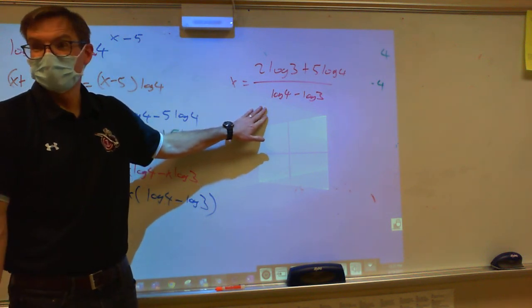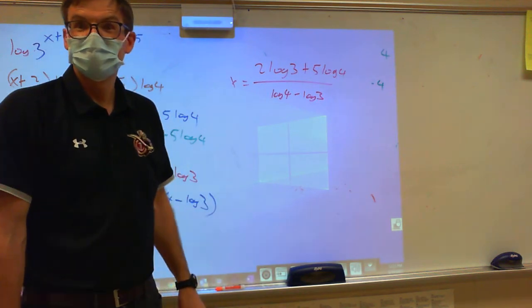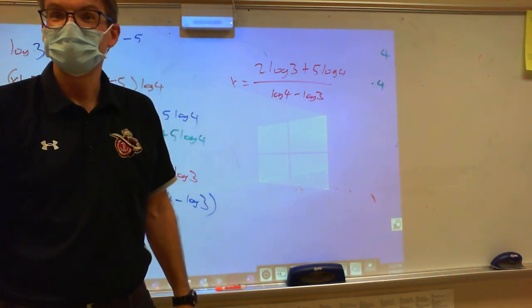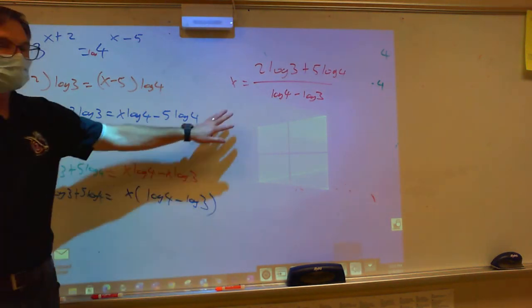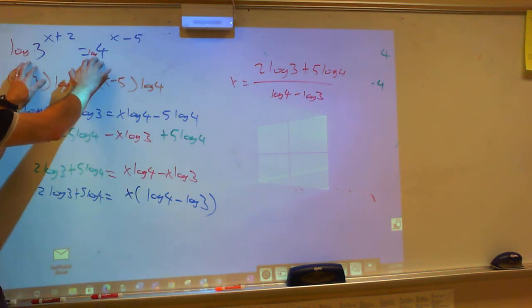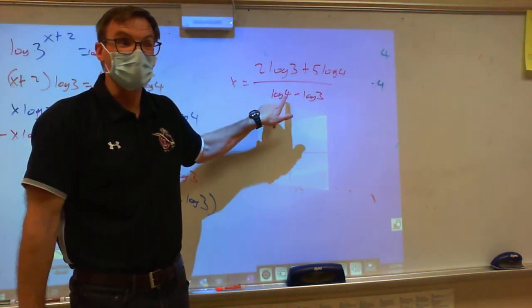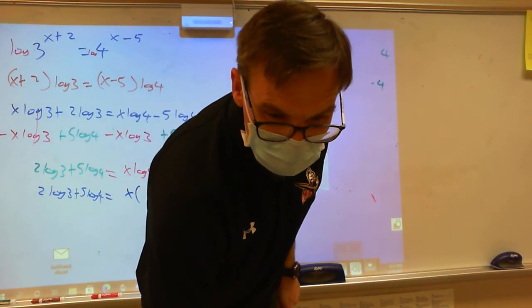I really don't care how well you can type it in the calculator. This is the answer that I want. Some of them they want the decimal, some of them they want this. But there actually is a question that's very similar to this, where this is the answer they want. They don't want the decimal answer. All right. So